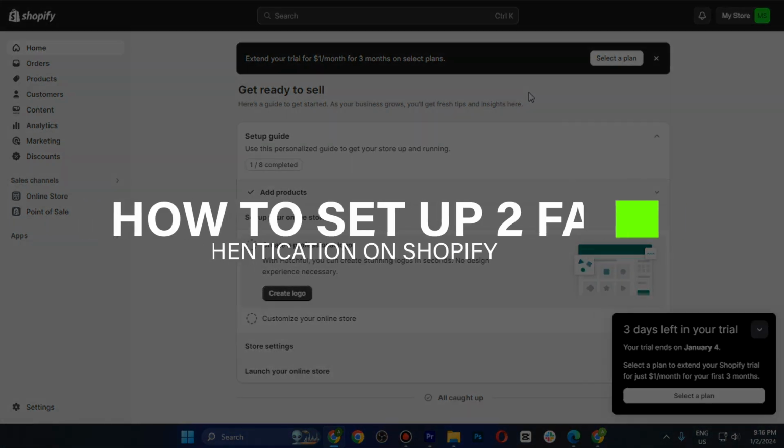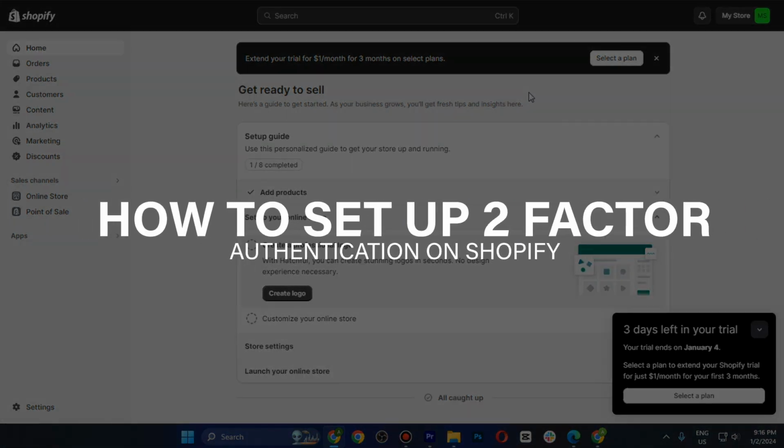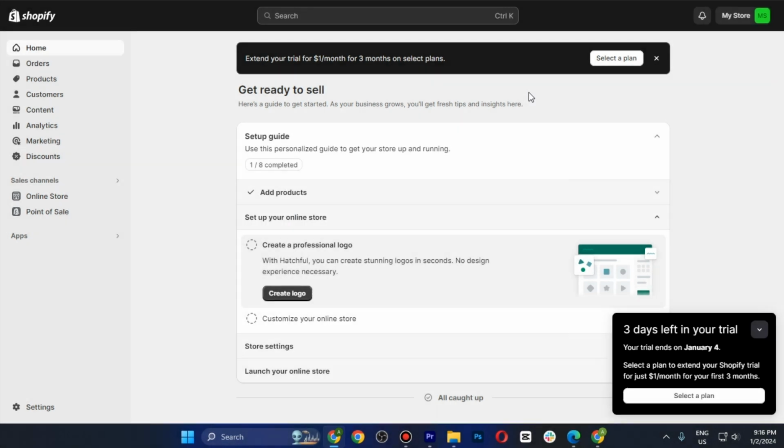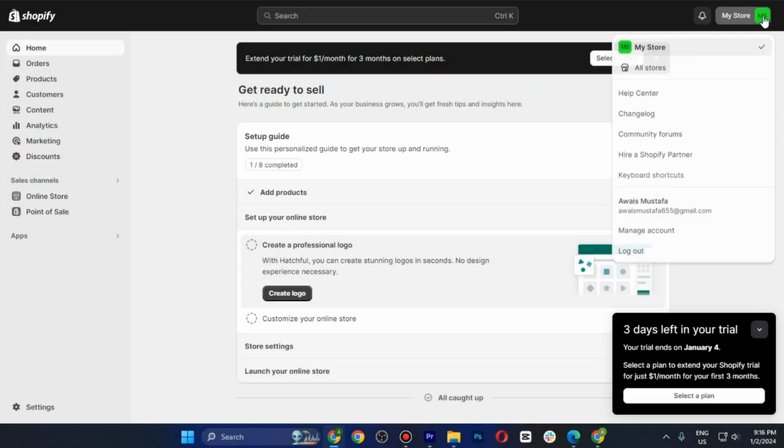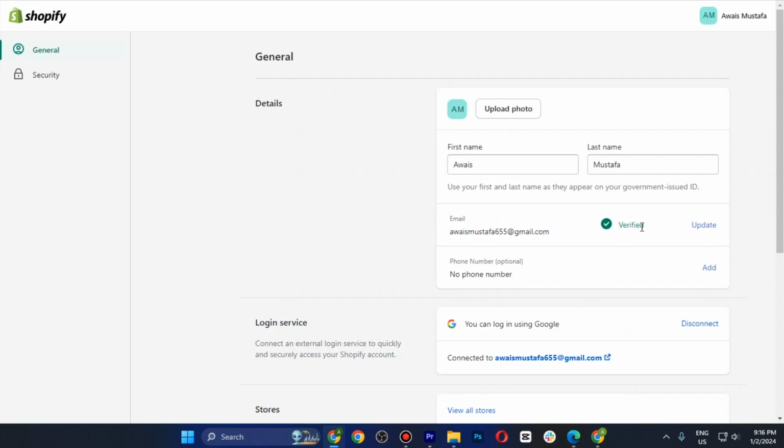How to set up two-step verification on Shopify store. So first of all, you need to tap on account on the top right corner. Then you need to head over to the manage account section over the logout, and then you will be taken